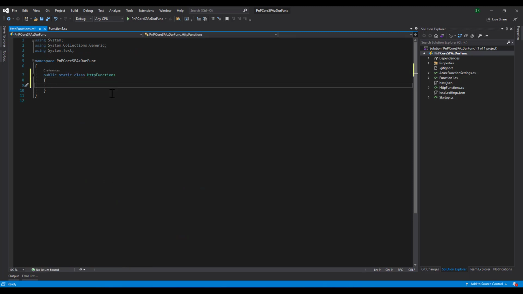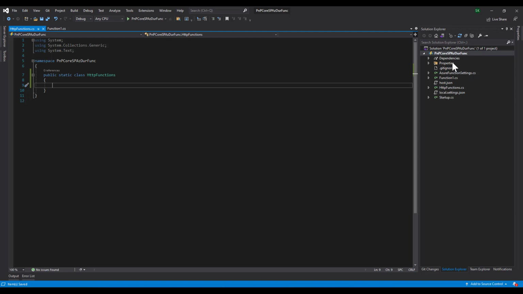Here we will have two HTTP functions. One is for the function chaining pattern, another one is for the fan out fan in pattern. Okay, so let us come to the functions later. The next class file which we are going to create is